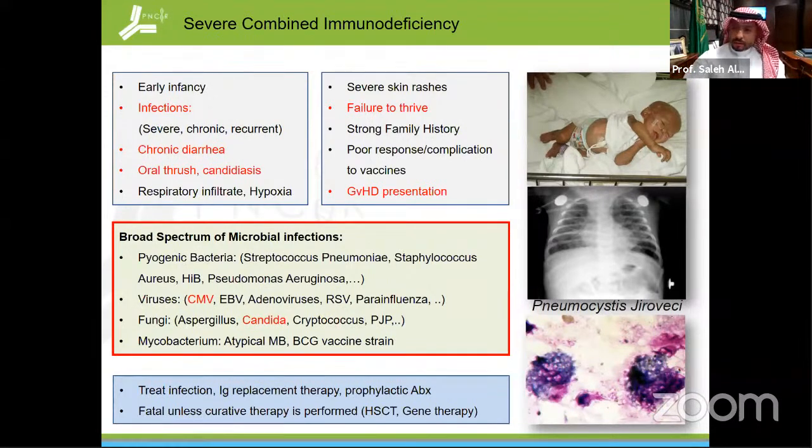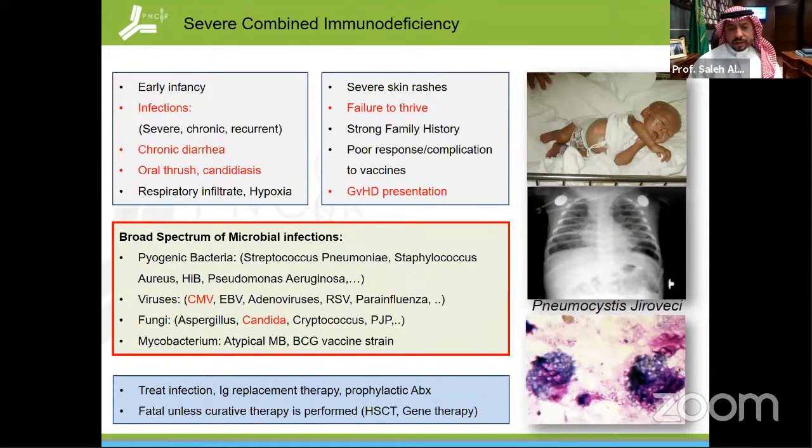Patients might present with different types, profiles and spectrum of manifestation, including infectious and non-infectious. But for the infectious, definitely that patient can present with severe, chronic diarrhea and also severe hepatitis secondary to CMV or EBV related disease. Patients can present also with oral thrush and candidiasis. Other non-GI manifestation, for example, failure to thrive. Chronic diarrhea sometimes is not related to an infectious cause,